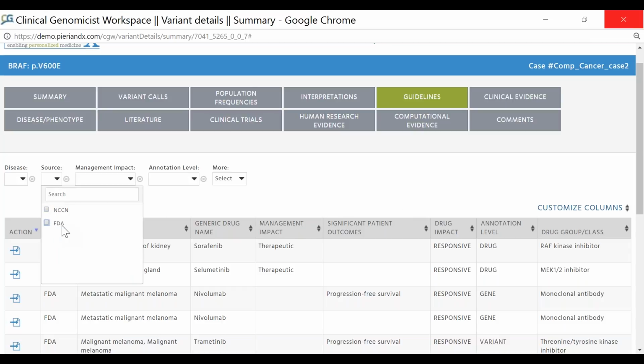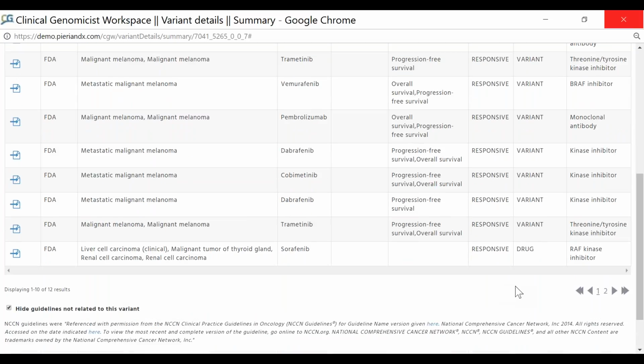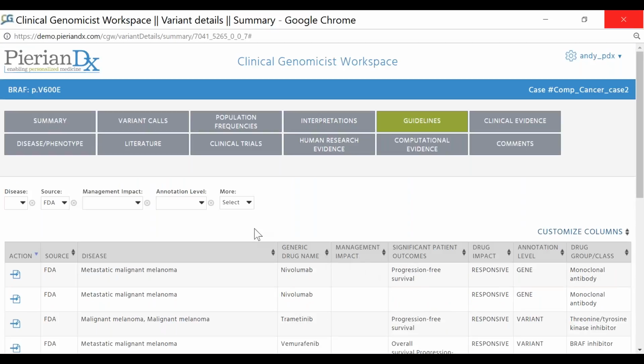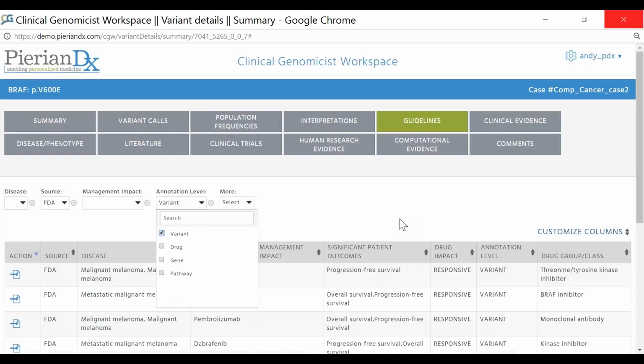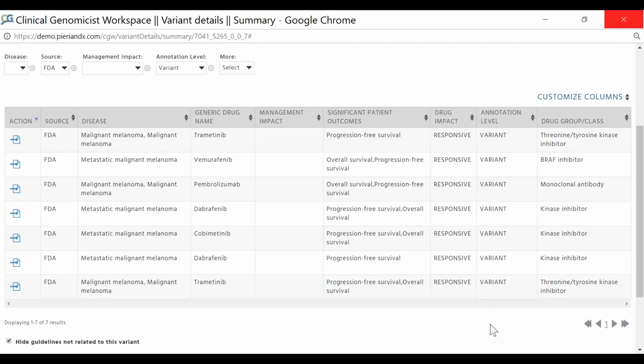All right. Okay, so I'm on the guidelines page, practice guidelines for a BRAF V600E. So if we take off all of our filters here, we have NCCN, FDA, we have 64 results here for treatment guidelines. And again, because we're on the test environment, I do have a couple of examples of drug level annotations, but these are not available on production at the moment